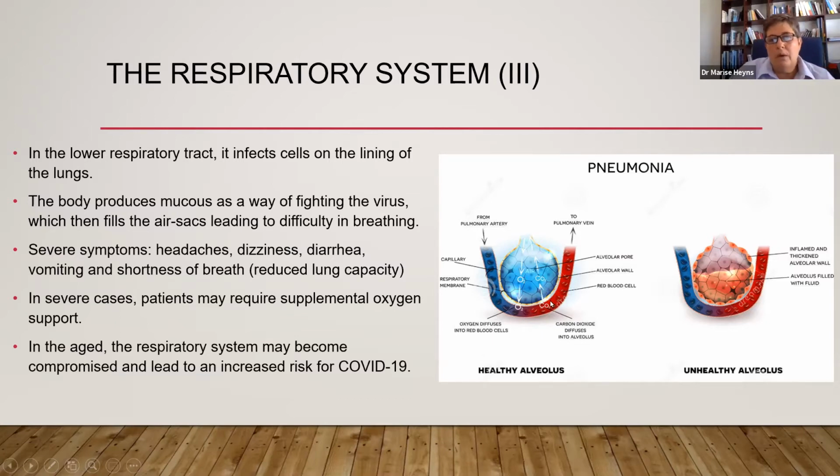But now, one of the ways that the body fights off infection is to produce mucus. The moment the virus infects these alveoli, the wall thickens and it will start producing mucus. And now the problem is your little air-filled balloon is filling with liquid, filling with fluid,